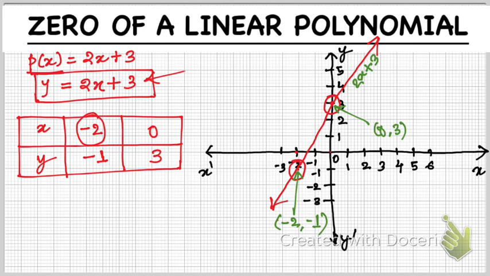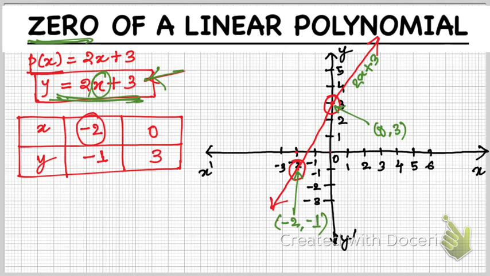So what did we get over here? We saw that for this polynomial, which was a linear polynomial, why linear? Because the degree of this polynomial was 1. So for a linear polynomial, we got a straight line. And this is what is going to happen whenever you consider any kind of linear polynomial. You will definitely get a straight line. But in this case, we have to find the 0 of the polynomial. So till now, it is very clear that for every linear polynomial, we are going to get a straight line.